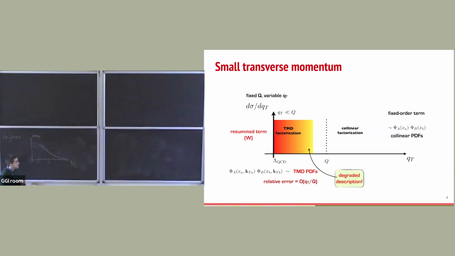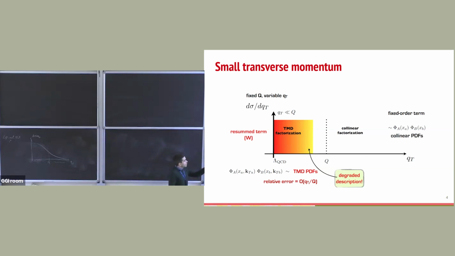What happens is that QCD tells us that at low transverse momentum, so if you are in here, when Qt is smaller than the hard scale of the process, you have a certain theory, a certain factorization theorem. At large transverse momentum, there is something else. And I want to convince you that this makes sense. So if you are in this regime, where the transverse momentum is small compared to the hard scale of the process,